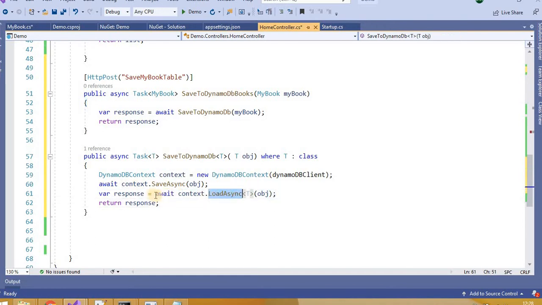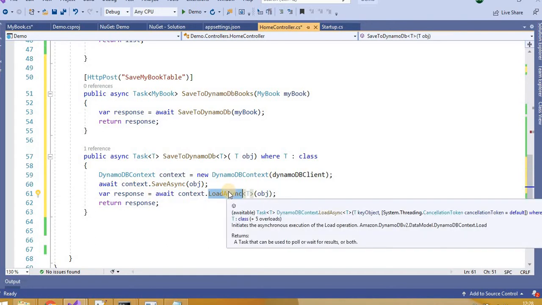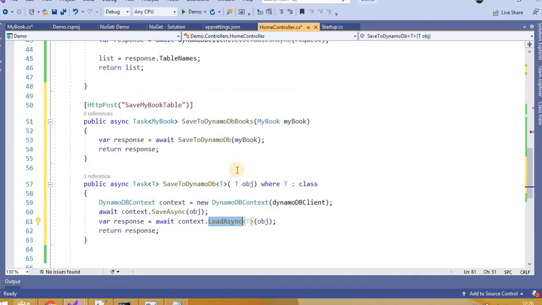LoadAsync is just to get the data, to pull the data from the table. So now let's see with this one. With the post, save MyBook. Let's do one thing.